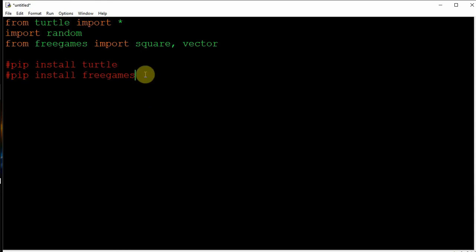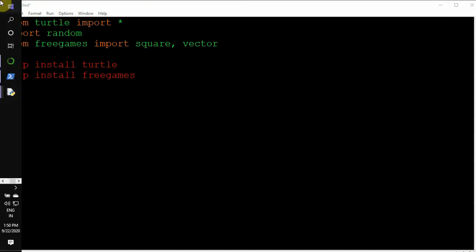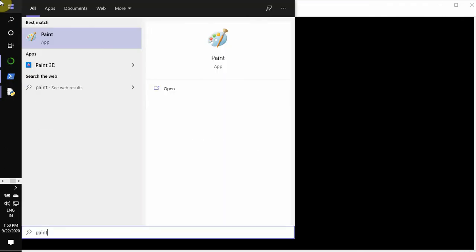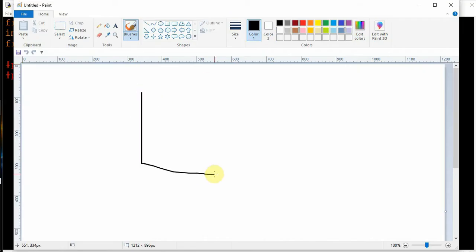Now comes our second thing. We need to create vectors. So what is a vector? A vector is something which can be defined using x, y, and z axes, so these are three types of axes. If we pick up Paint, I'll tell you with the help of Paint. This is my y axis. This is my x axis.